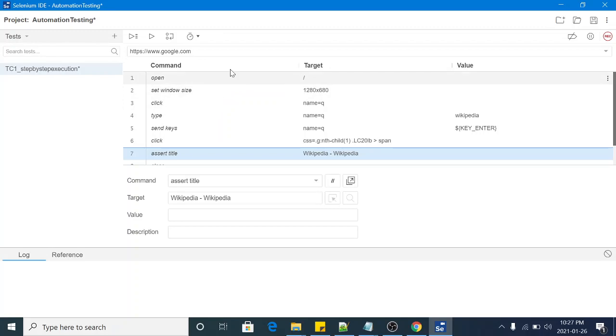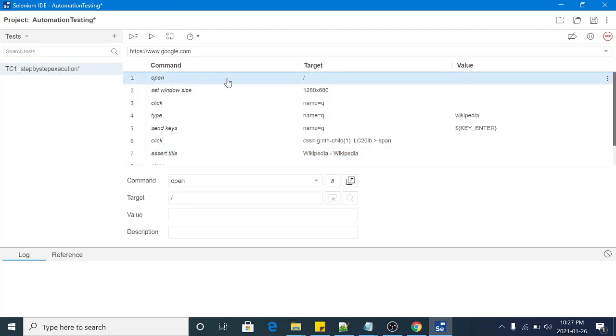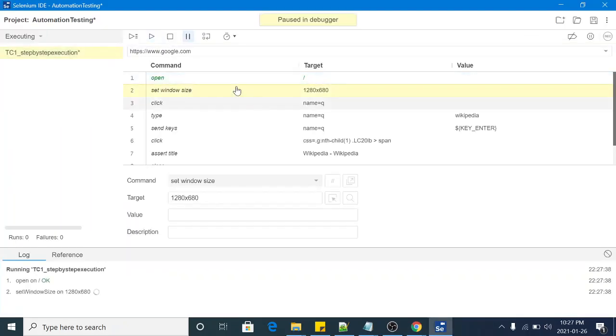Now the point is, have a look. Now we have commands in this area. This button got enabled. This is called step over current command. This button you use to execute these commands one by one. Okay, let me show you. We have to run these commands. I will click on this element. Have a look. It's running commands one by one.